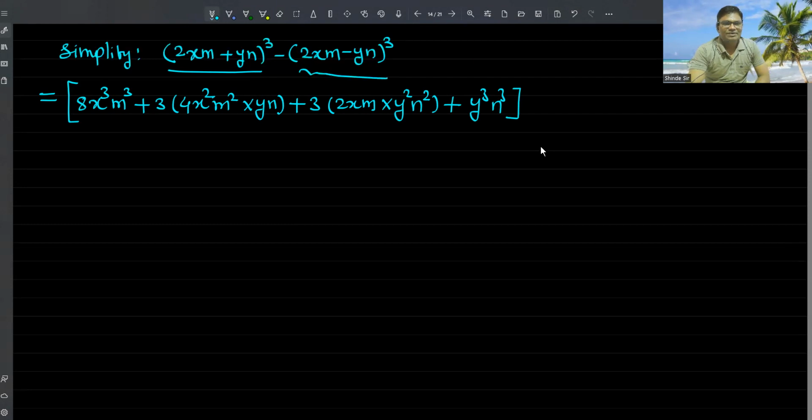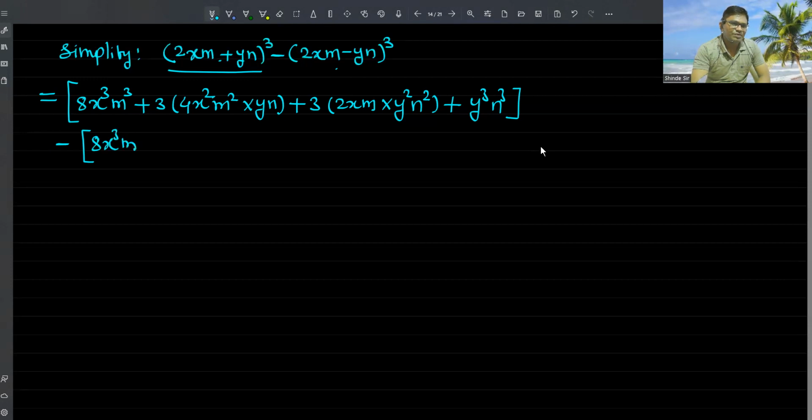Now we have the second bracket with the same terms, but this time we have subtraction of these two terms, and the sign between these two brackets is negative. So I'm going to write the same sign negative here. And now the expansion of the second bracket in this square bracket. Since we have the same terms, the expansion of this bracket and this bracket will be the same, except the signs. So (a minus b) whole cube states the cube of first term, which we have already written here,